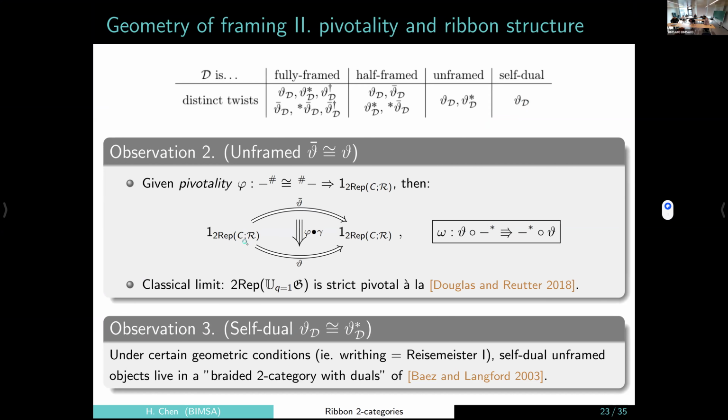But now let's see how this type of thinking can lead us exactly to this modification that we want. So now I'm going to impose pivotality. Now I'm going to choose the trivialization of the double dual. So this hash is the double dual. I'm going to choose this trivialization. Once I pick that, then I can